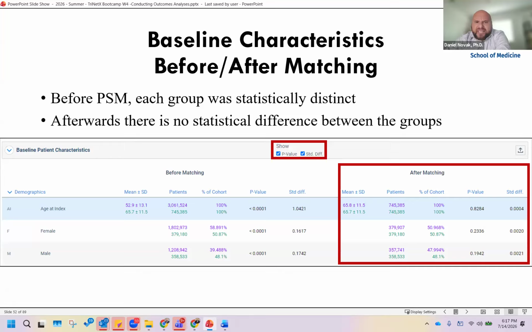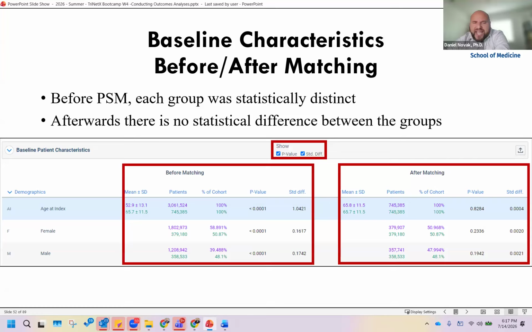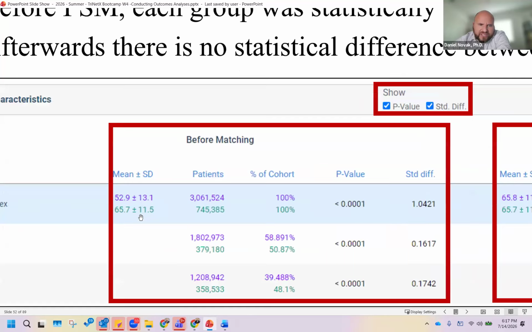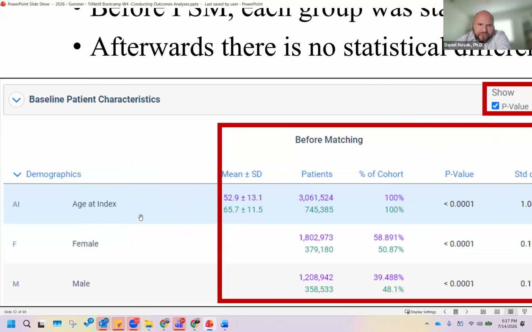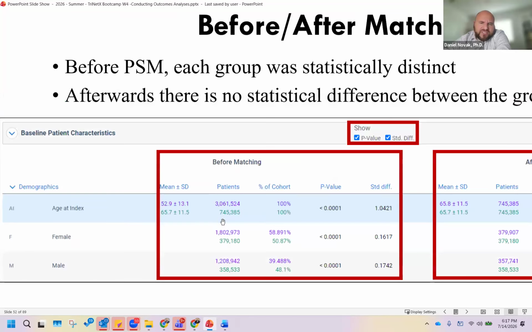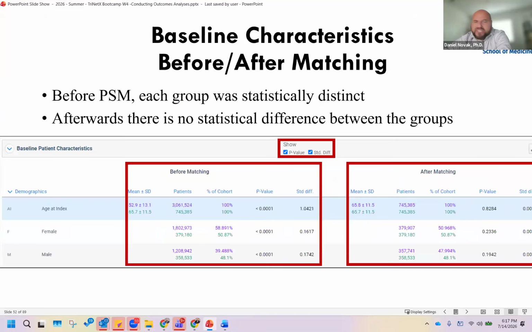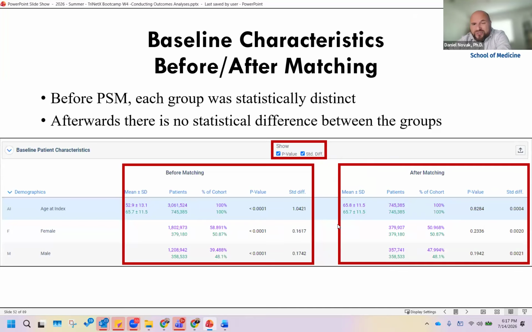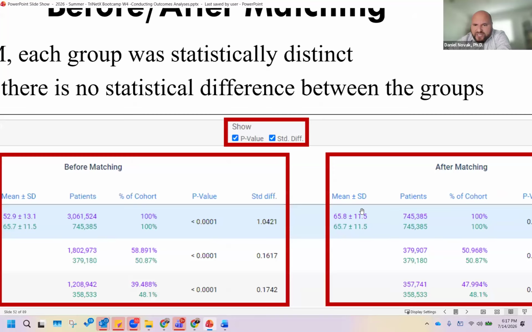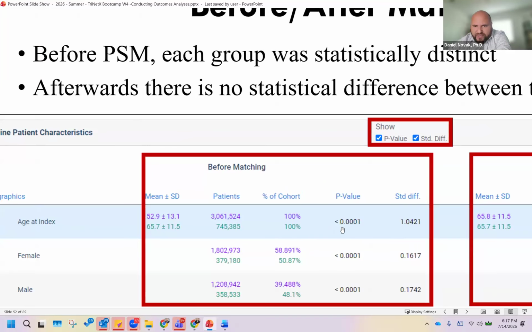What you really need to look at is by checking the box that says p-value or standard difference. TriNetX will show you after matching what the composition of your cohort looks like and before matching. So in this case, I just want to zoom in here. Before matching, as I pointed out last week, there was a 13-year age gap in my 2 cohorts. So what I might have been seeing in my outcomes for my study was simply the result of one cohort being older and sicker than the other. But after matching, you can see,